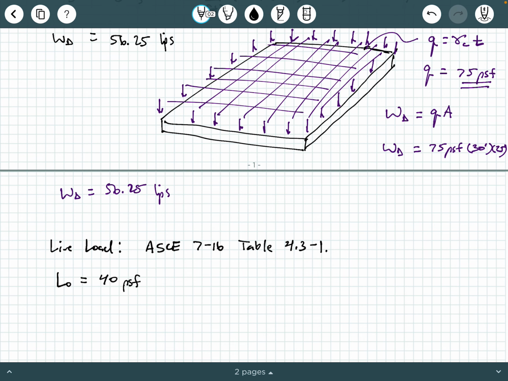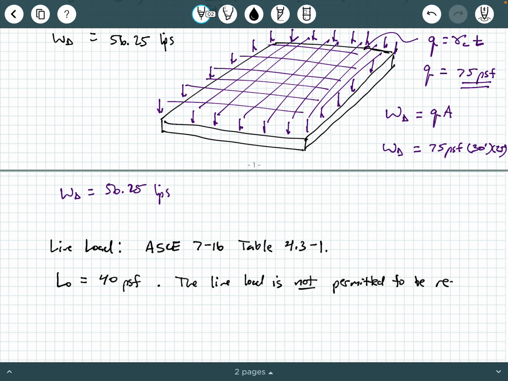We do have a passenger vehicle. And then the question is, can we reduce it? Well, look at the very next column, live load reduction permitted, and it says no here. So we would say the live load is not permitted